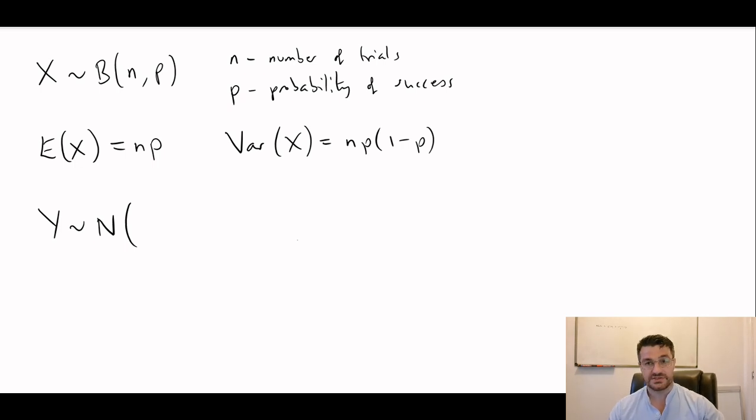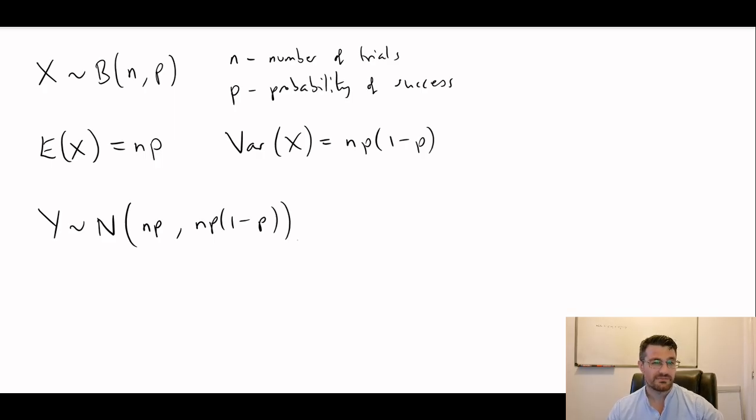I'll give you a clue though: it's because the mean of a normal distribution with parameters mu and sigma squared is mu and the variance is sigma squared. But if we choose the parameters of this particular normal distribution to be np and np times (1 minus p), in other words, the mean of X and the variance of X,